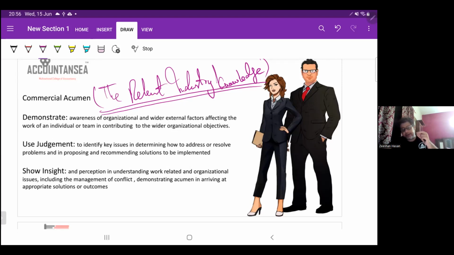So for this particular exam, it is very important that you have basic knowledge about the various industries. You can get it by practicing the past papers, or you should start reading various articles, specifically in the Economist, Business Recorder, and other relevant magazines and newspapers. You should read them, or otherwise you should follow me,